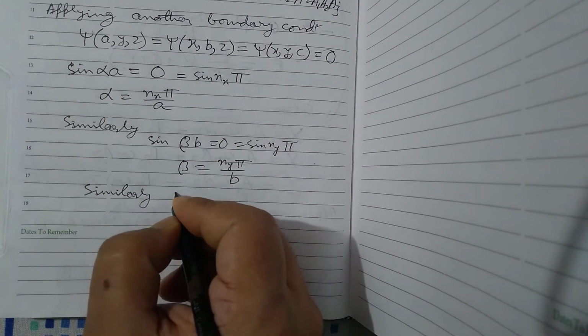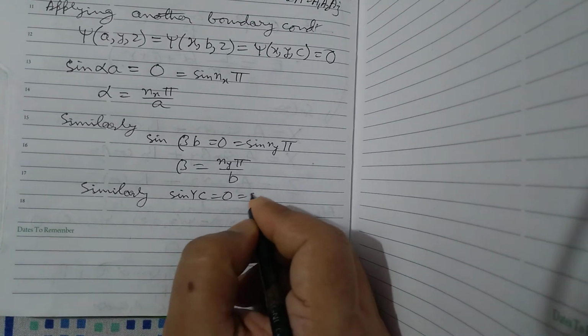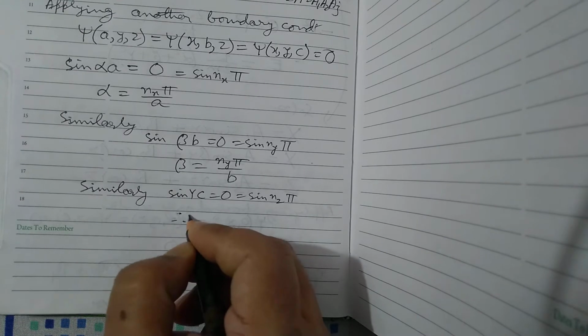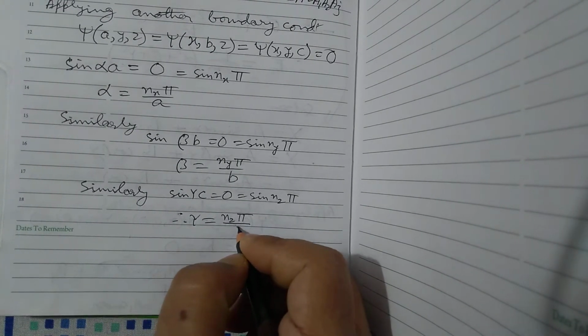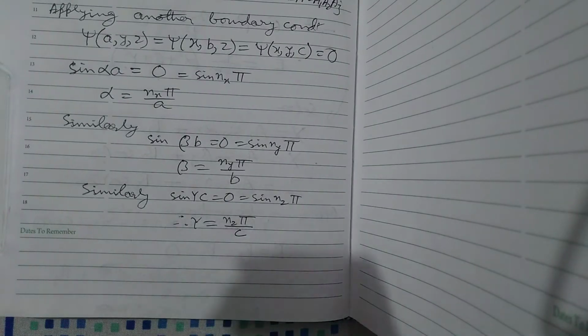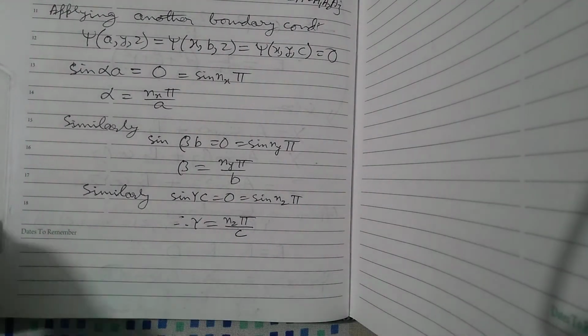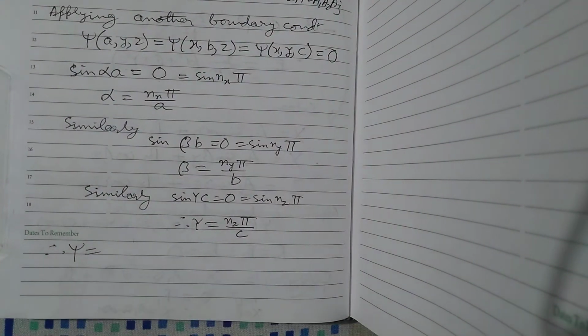Similarly, sine of gamma c will be equal to 0, which equals sine of nz pi. So therefore gamma will be equal to nz pi by c. Okay, nz pi by c. So you get it now. So therefore psi will be what? Psi will be equal to